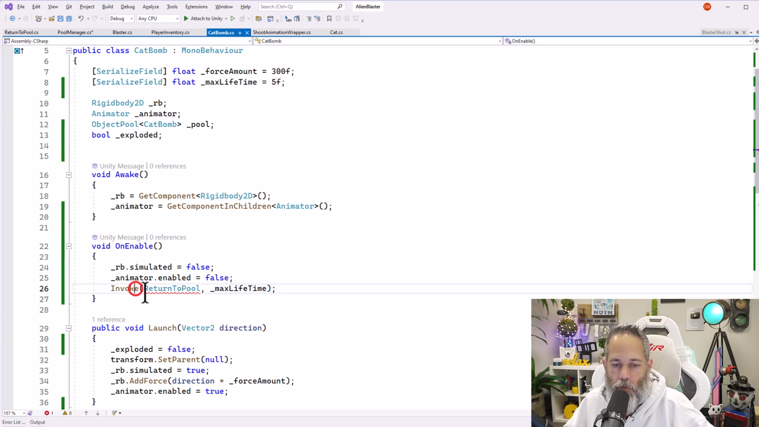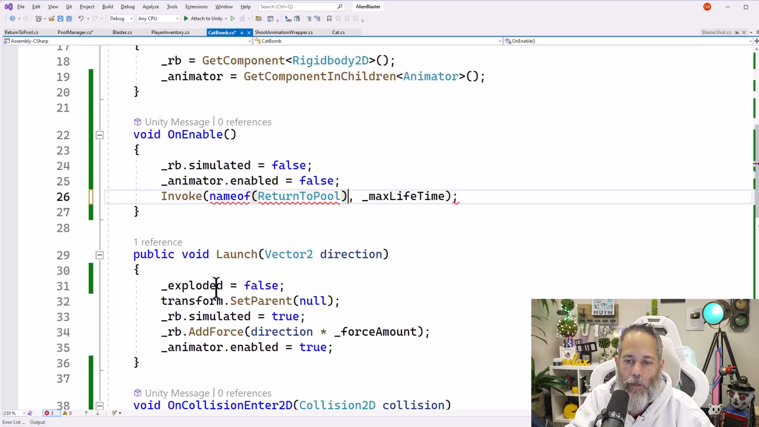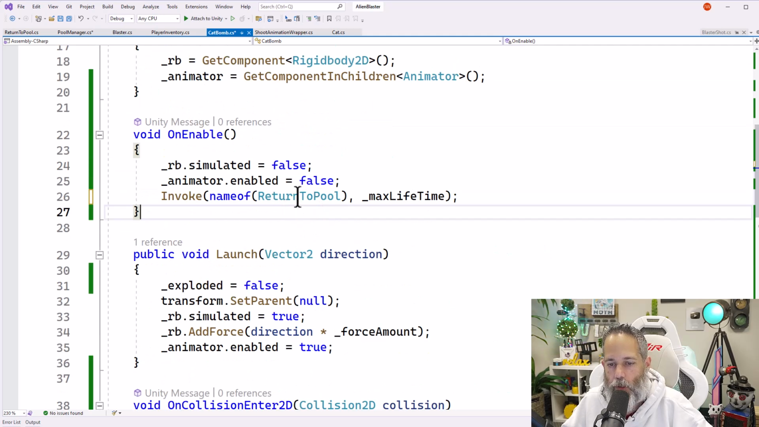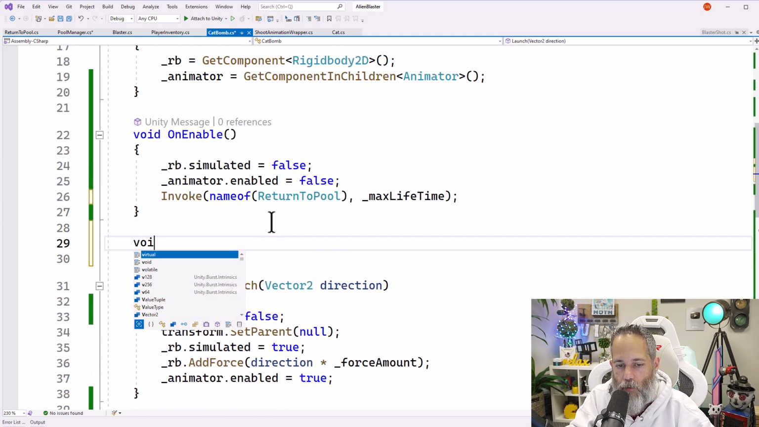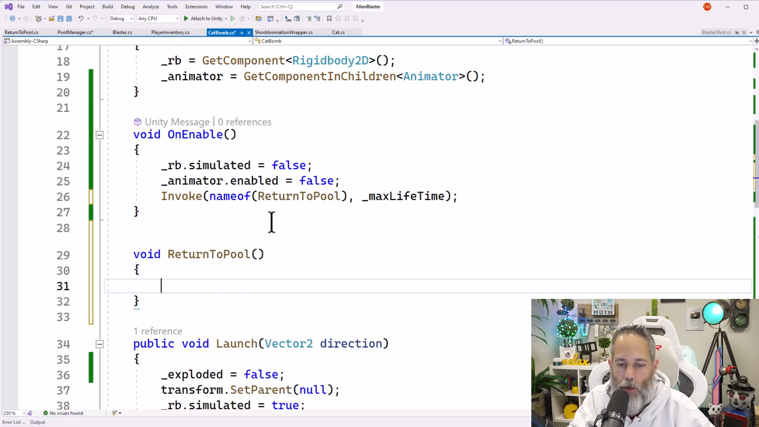And then, for our invoke, we need to actually generate the method for return to pool and put quotes around the name because invoke takes a string name. We'll hit alt enter, and do I have a return to pool method? Oh no, it's looking for the class. We'll add in a void return to pool. And in here, we're just going to say